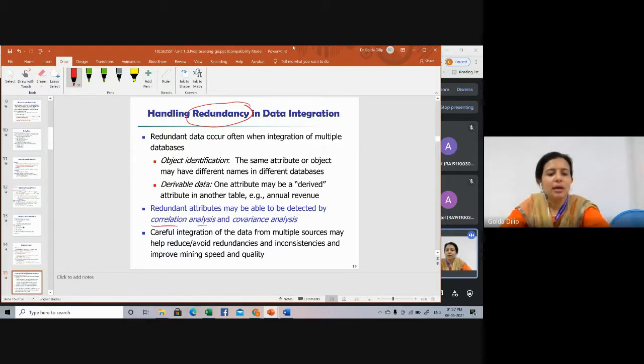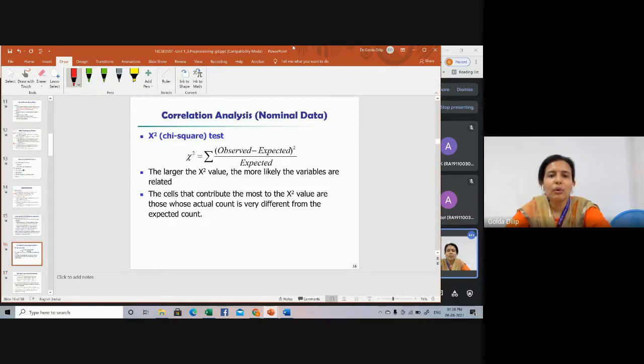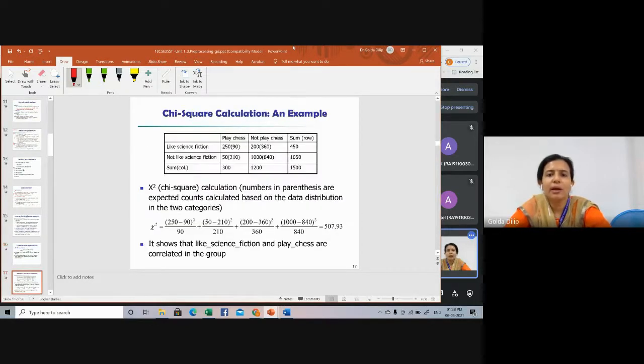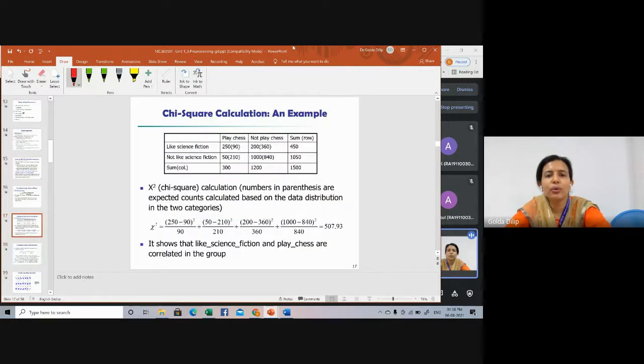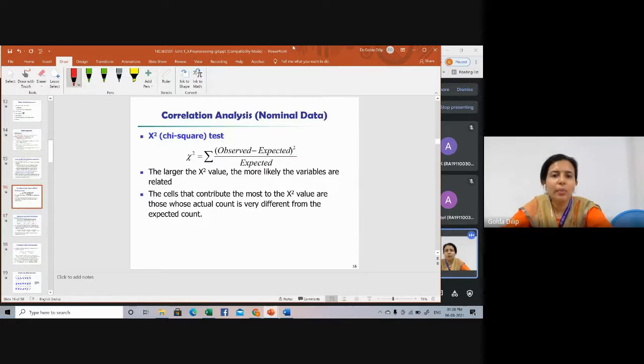Correlation means when you're given two attributes, you can measure how strongly one attribute implies the other, based on the available data. For nominal data, we call it the chi-square test. And for numeric data, we call it correlation analysis. So that's how you can detect the